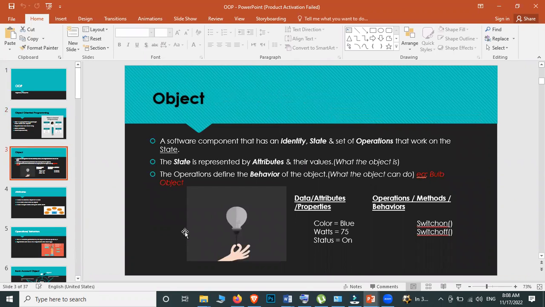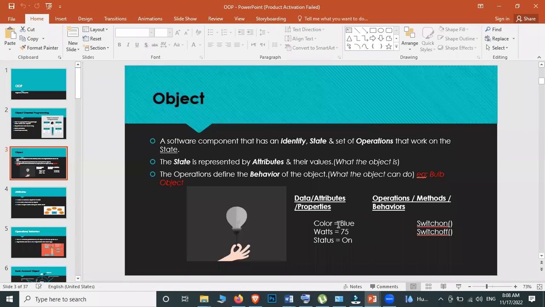An object is something like where you can touch and feel. Or what we call a form, in that also buttons, all this comes under objects. Objects will have attributes, which we can also call data or properties, as I said. And there are also operations, or methods, or behaviors of the object. So there are these two kinds of things.